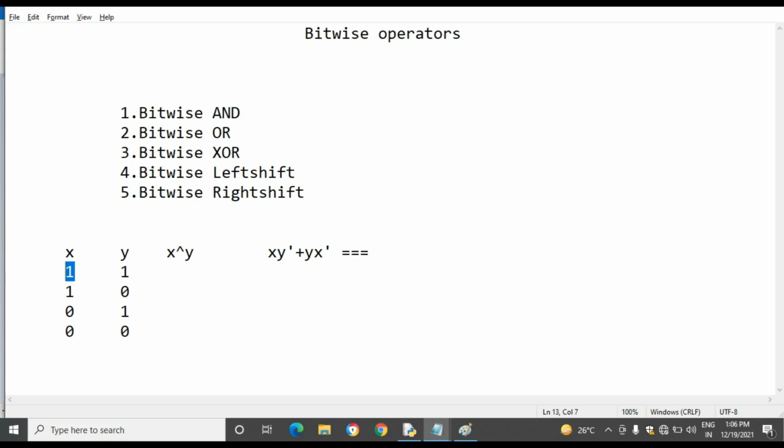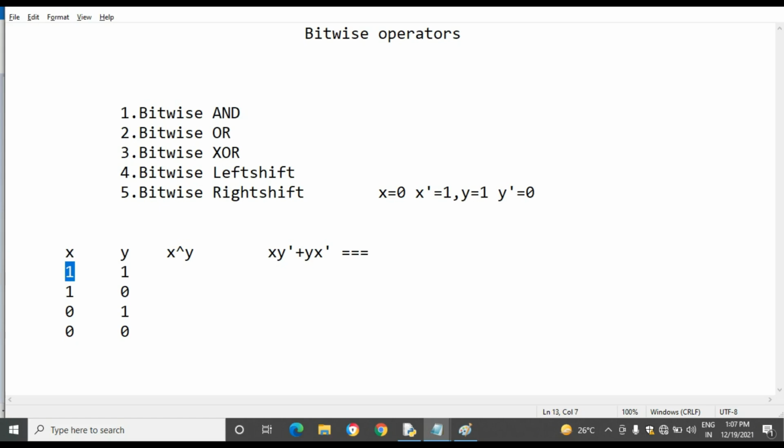Here x is 1, y is 1. So x dash is 0, and y dash is 0.